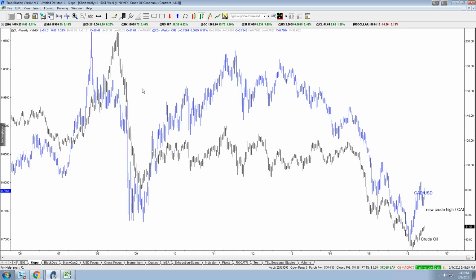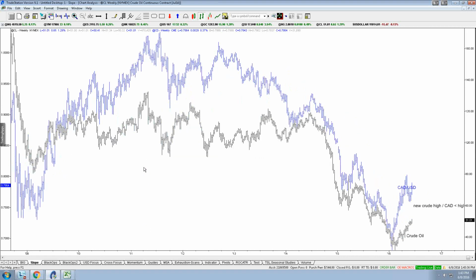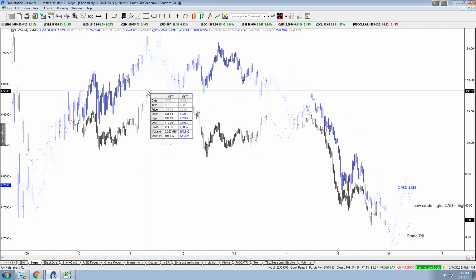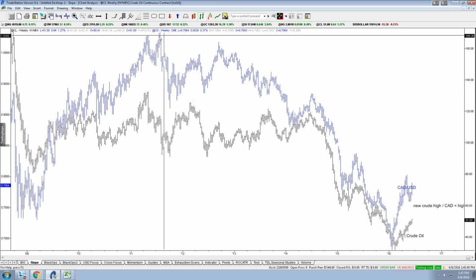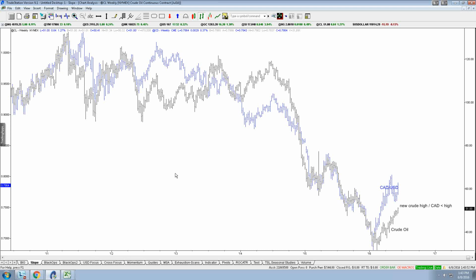Something was wrong. Same thing in the financial crisis. Crude oil made its low before the Canadian dollar did. You can even look at turns over here, right? Okay, the crude oil price topped in 2011. Canadian dollar went back to another high, and then it topped. Okay, you see divergences at virtually every turn. Not every turn, but virtually every turn. Okay, even back here. Bottom, CAD first, then crude. Top, crude first, then CAD.